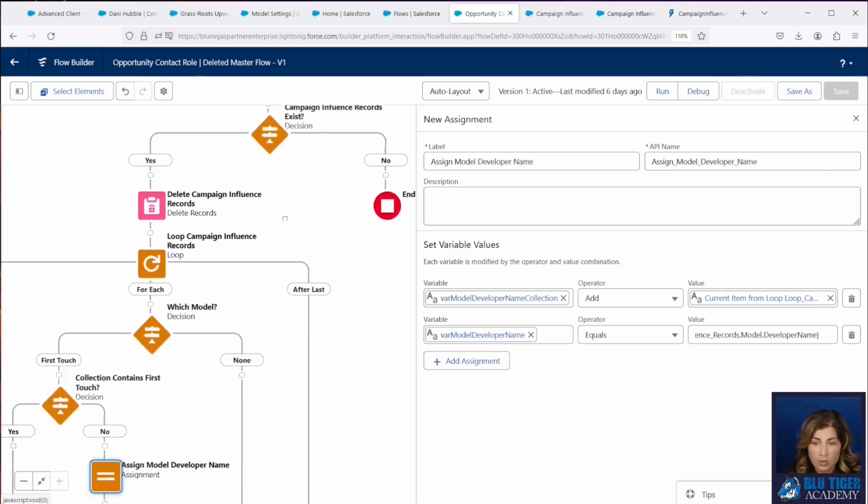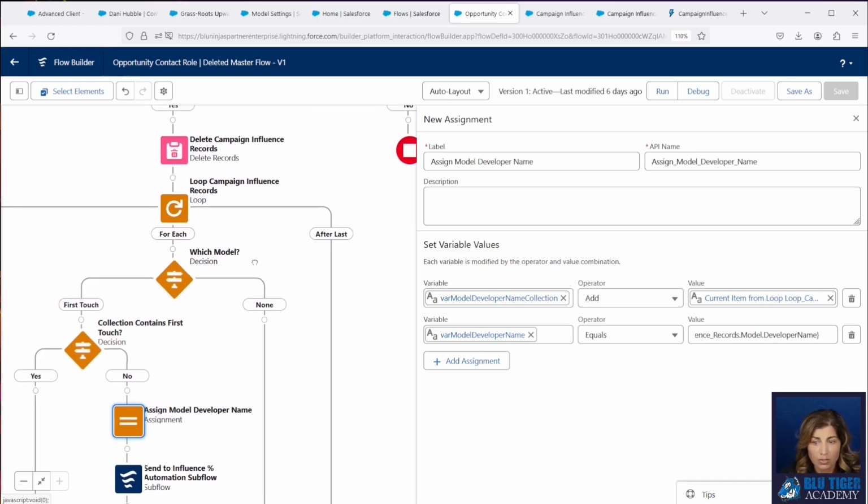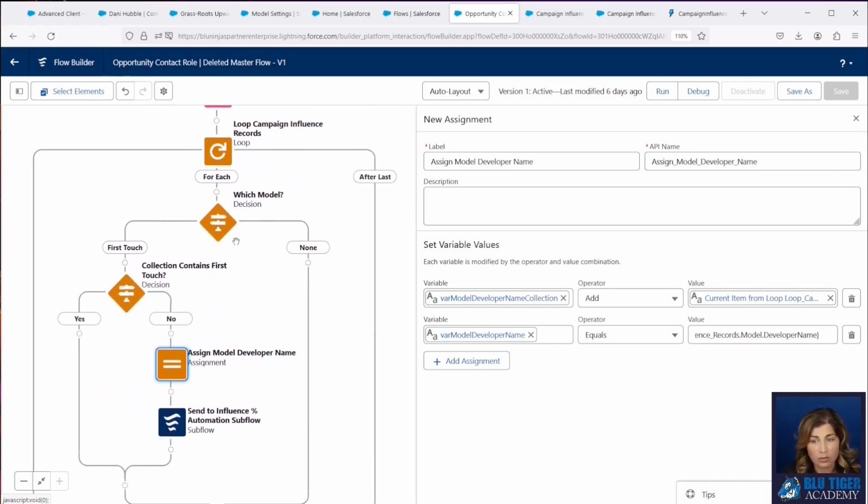So this is the reason why we bolted on this part. We're going to loop through the campaign influence records. We're going to figure out if we deleted any campaign influence records for the first model. If we did, then we're going to trigger this to go to the subflow and then query the campaign influence records that exist over there, and then it'll find the first touch ones and it'll update the influence percentages over there.